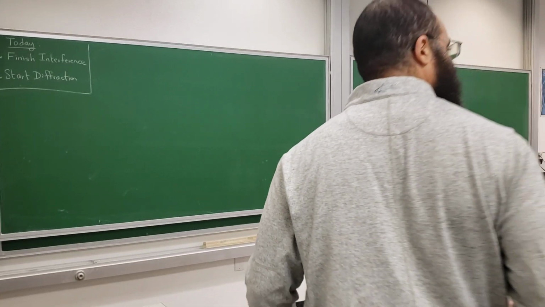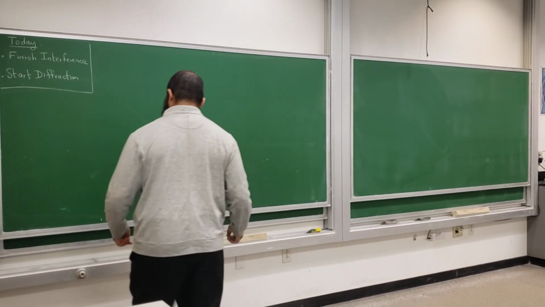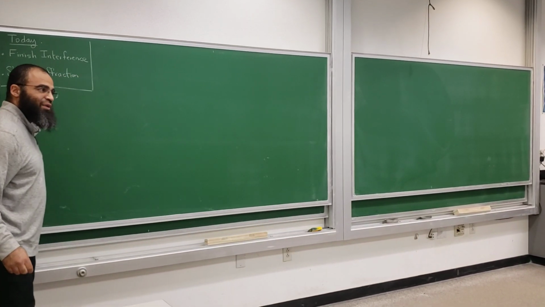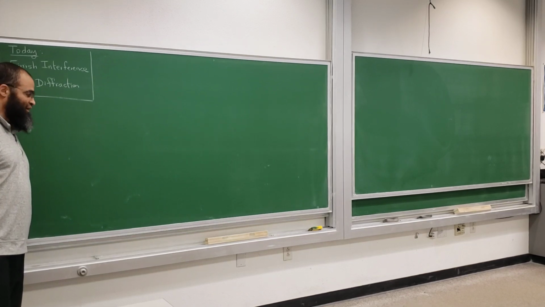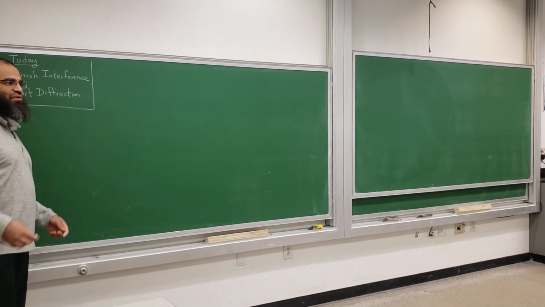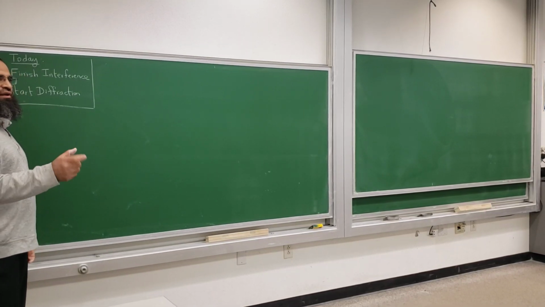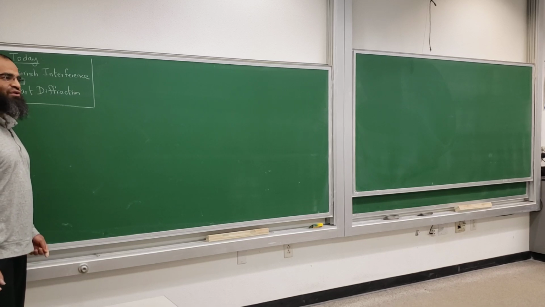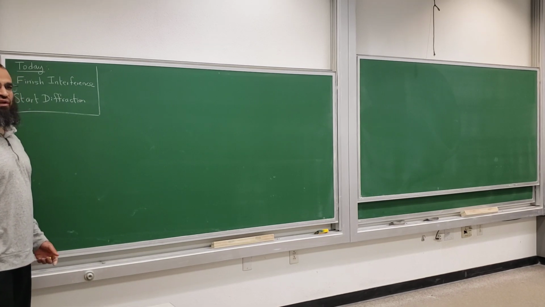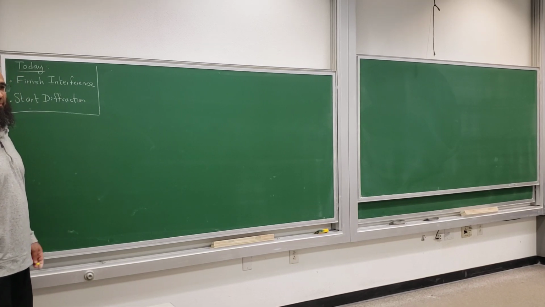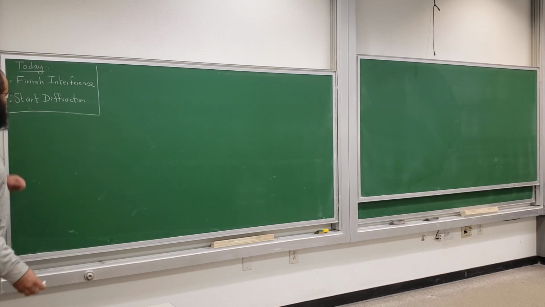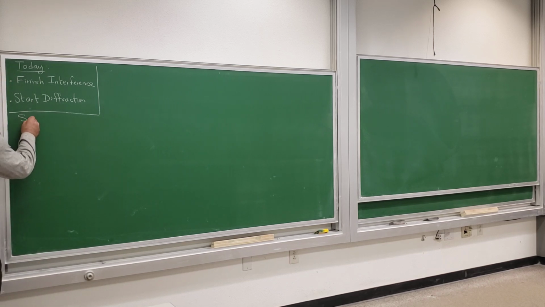Okay, to the next topic, which is diffraction. Well, it's really not a new topic, it's still interference. The book defines interference as the interference between a few sources or just two sources. Diffraction would be the interference between many sources. Okay. So we'll start with single slit